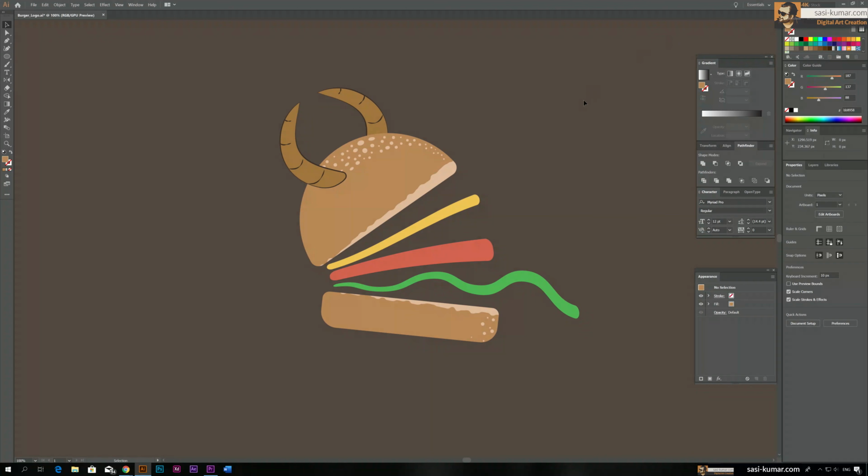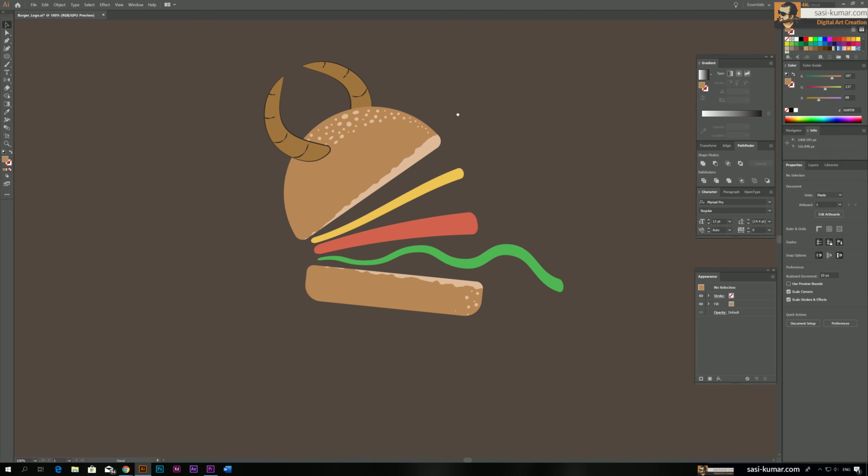Okay, now I want to give a darker tone to this shadow area behind, to have some sort of depth to the logo. To do that, first I will design the shape of the darker tone. So I'm thinking something like this. Start from here, like this, and then rotate around this horn here, and when it goes behind it will go until here,